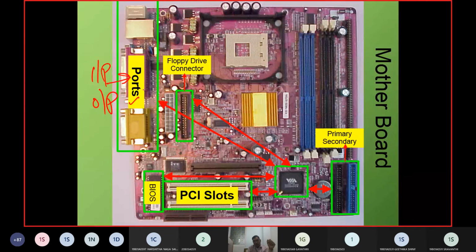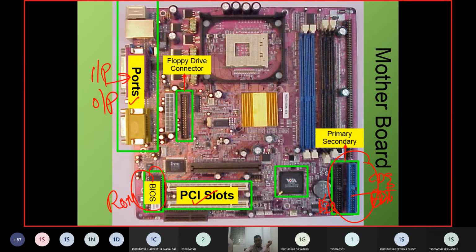So ports are connected to the central processing unit, and that is done via the South Bridge. You are going to have the peripheral component interconnect, and then the basic input output system, the read-only memory. Then we have the BIOS, and then the hard disk, that is C drive, D drive, E drive, F drive. All these elements are connected with the South Bridge.